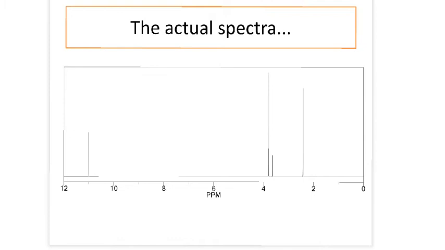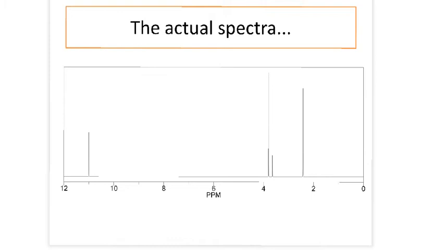So you can look at the ratio of the areas under each of the peaks, and that will tell you the ratio of the hydrogens. So you can see whether you've got a CH, a CH2, a CH3, or if you might have a ratio of 6 to 1 because you've got 2 CH3 groups which are chemically equivalent, in which case you'd have 6